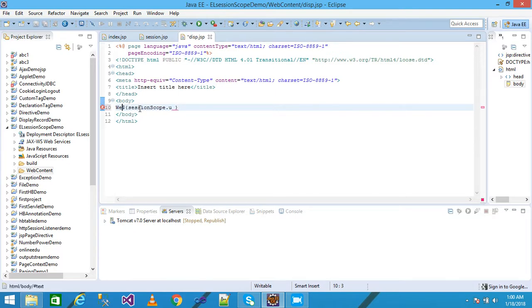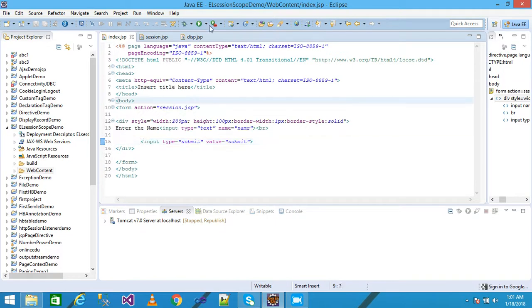There is something wrong, I just save it, Ctrl S. Okay, and taking here an H2 label heading, giving here the welcome to this page, and save it,